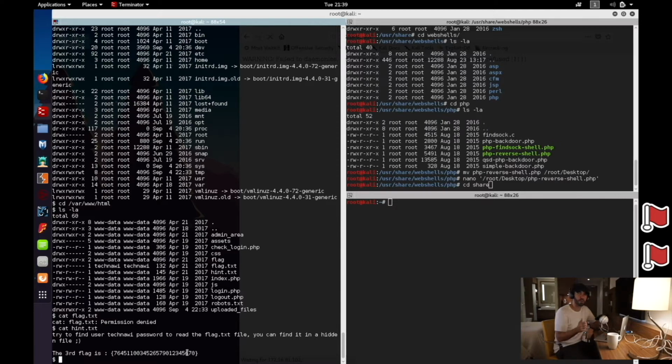Great, so we found our third flag. And it also says to find the user Technawi's password to read the flag.txt file, you can find it in a hidden file. Okay, so what I'm going to do here then,